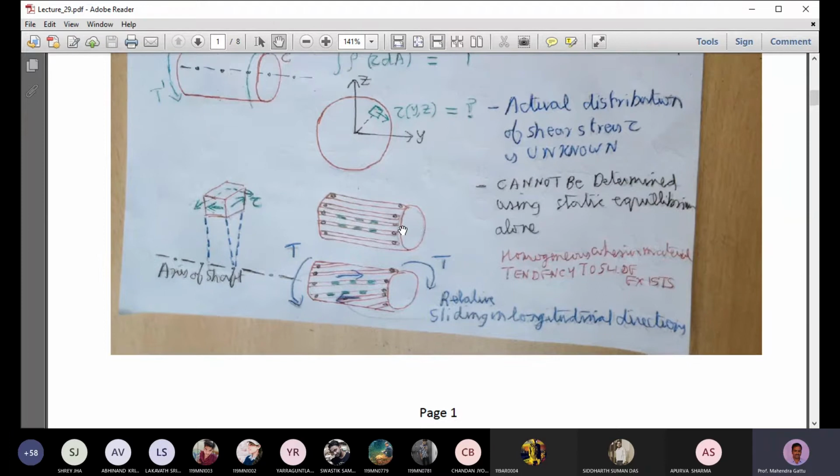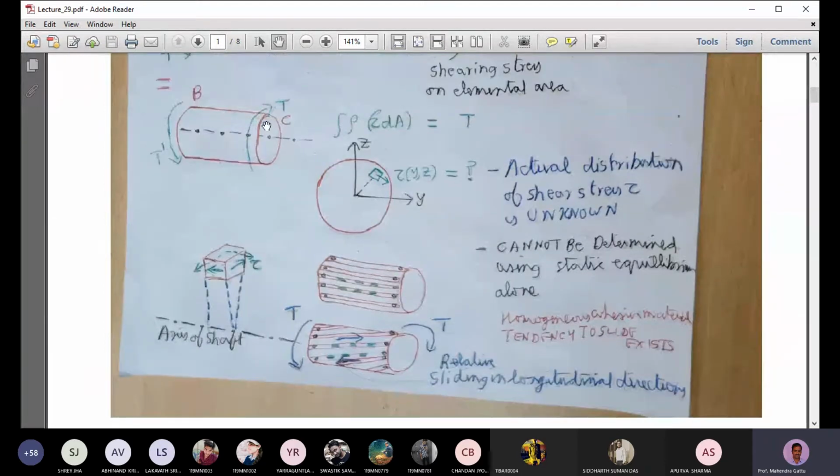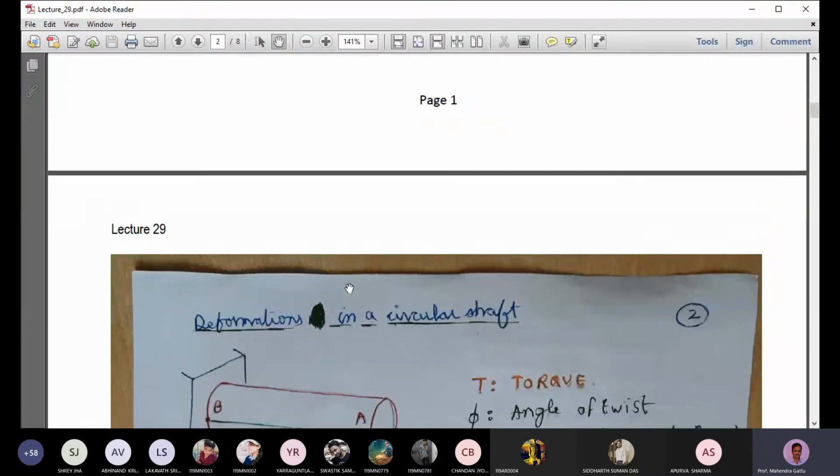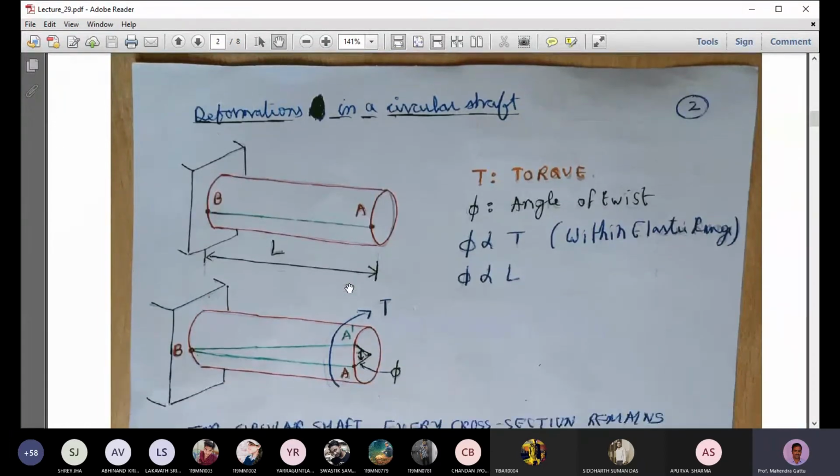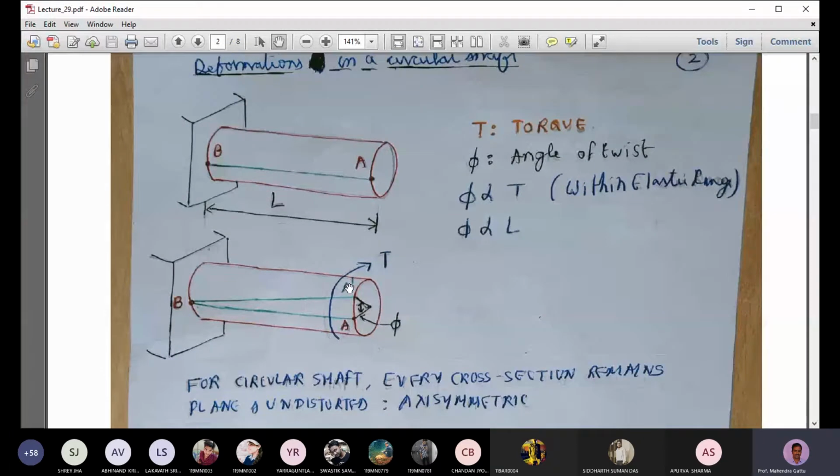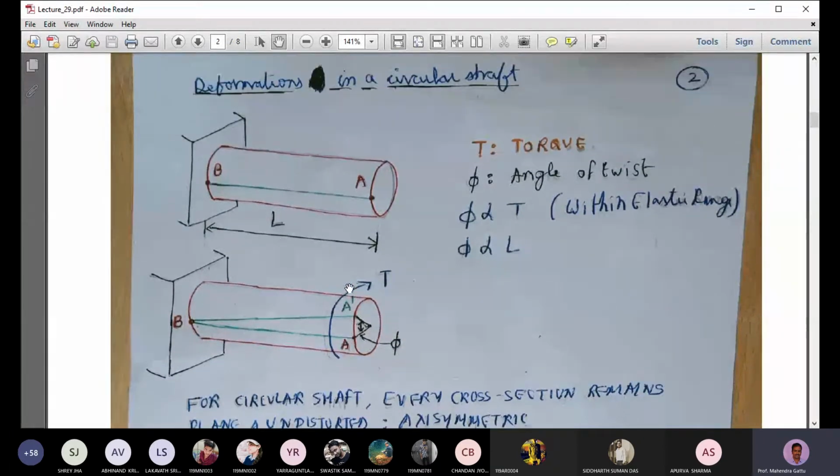So this is regarding the longitudinal stress, but we are not interested in this. We are interested in it, but we'll do it in a different way. We'll calculate the tau value from the circular cross section area, and then we can find the longitudinal shear stress. So we look into the deformation first. Why do we need to look into deformation? Because we still do not know the stress distribution.